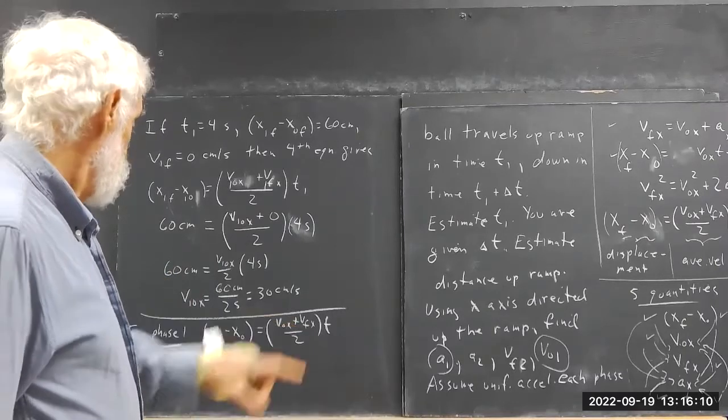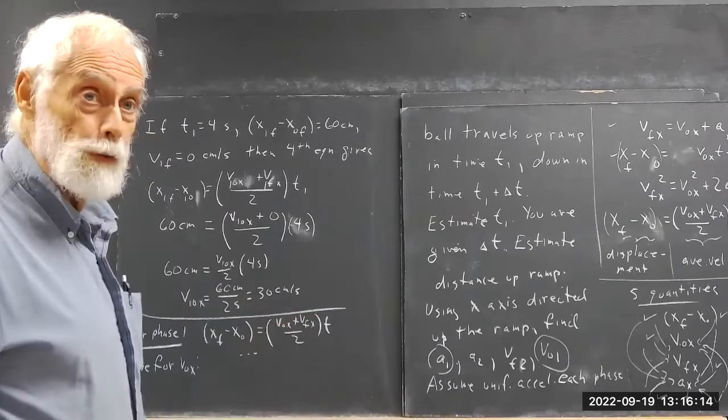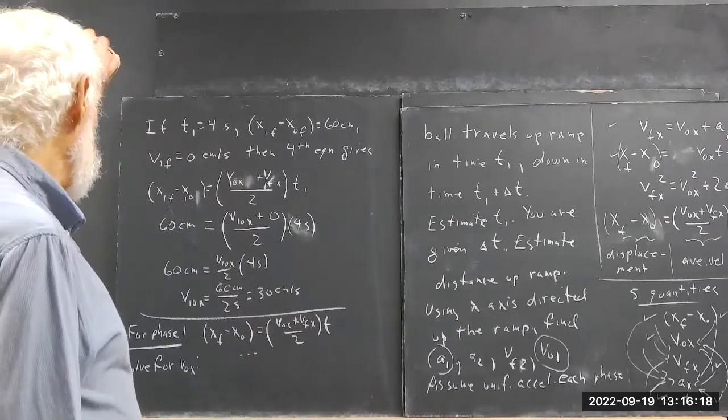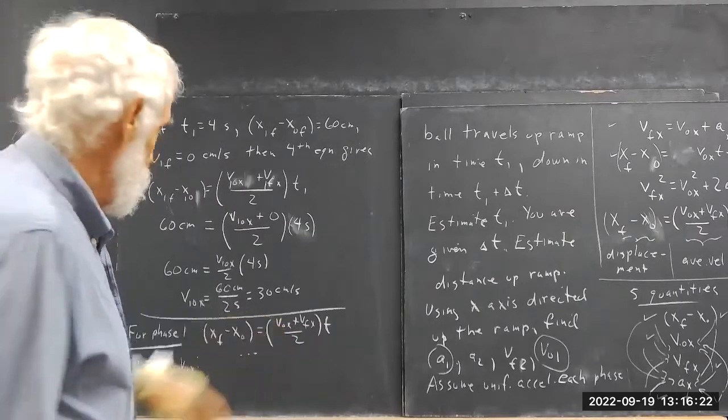And then we subtract the one we don't know from both sides. Okay, in this case, what is it we don't know? We don't know v naught x. So we get